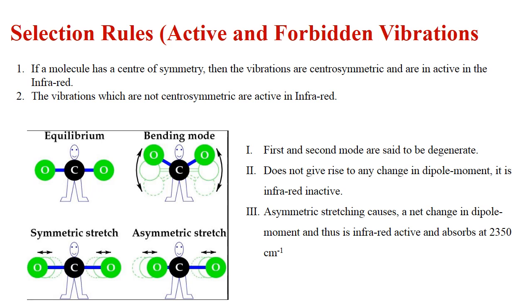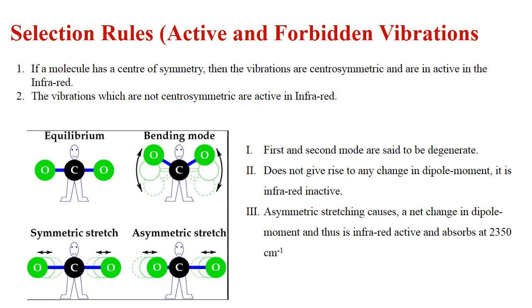In the previous lecture, we have calculated the vibrational degree of freedom for a linear molecule as well as a non-linear molecule. And for calculating for the linear molecule, we use the formula 3n minus 5, where n is the number of atoms present in a molecule. Suppose we have a linear molecule of CO2. Here your n is 3 because it has 3 atoms in a carbon dioxide molecule: one carbon and 2 oxygen.